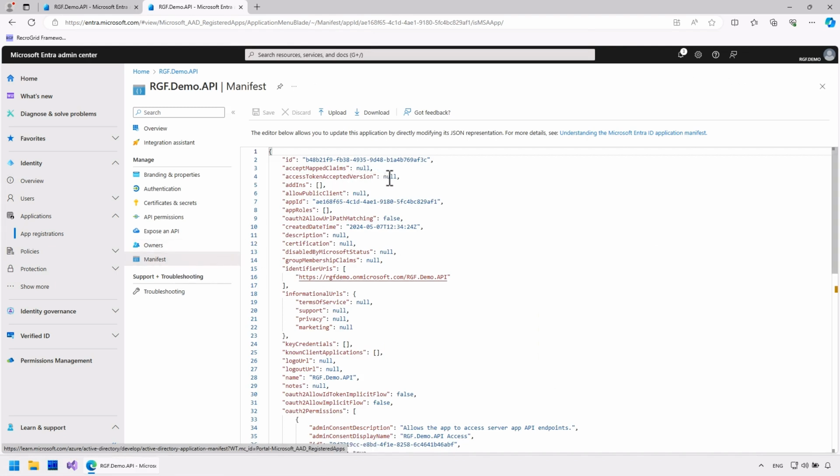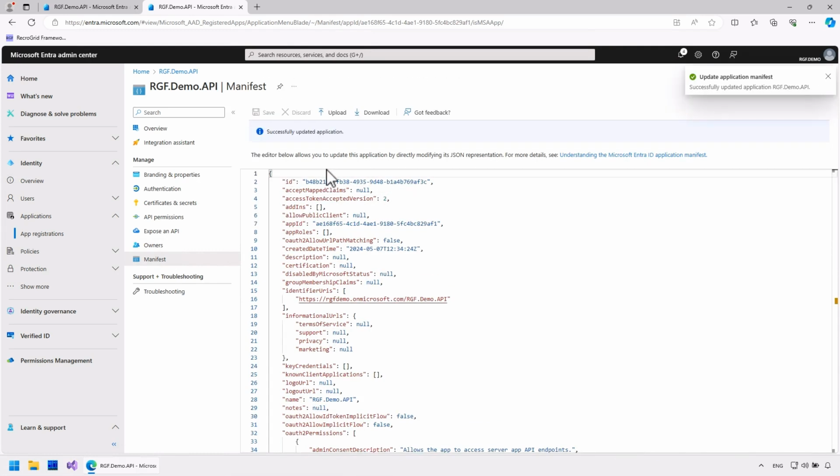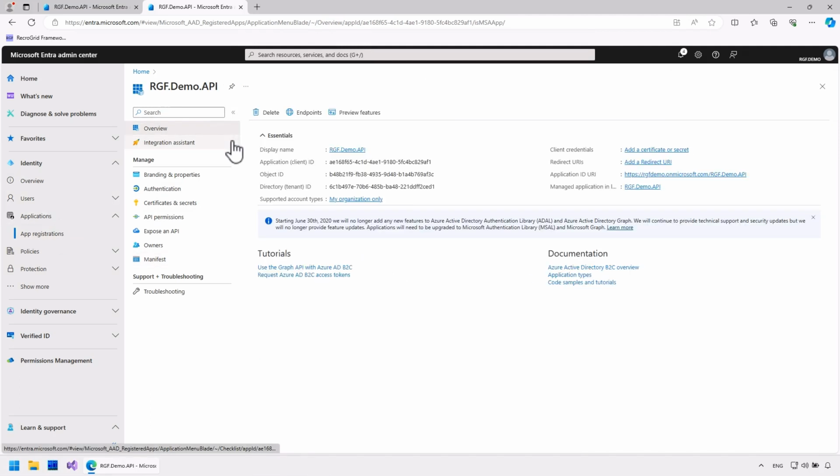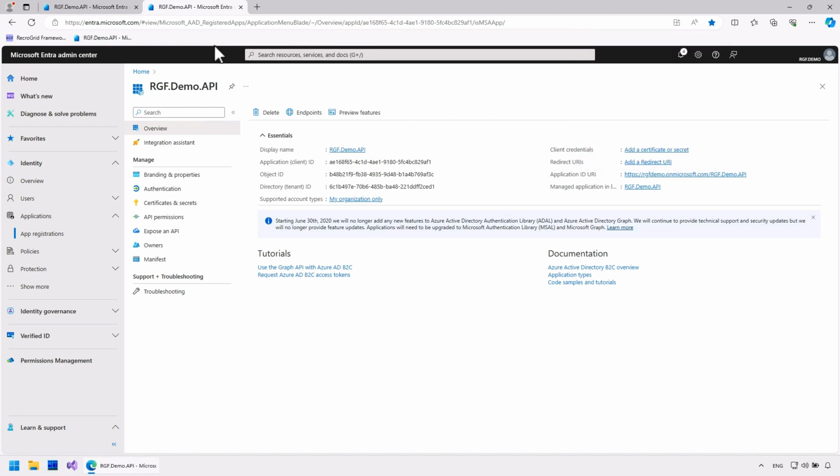Finally, I set it to use the newer version 2 token format. I will add it to my favorites bar for easy access later.